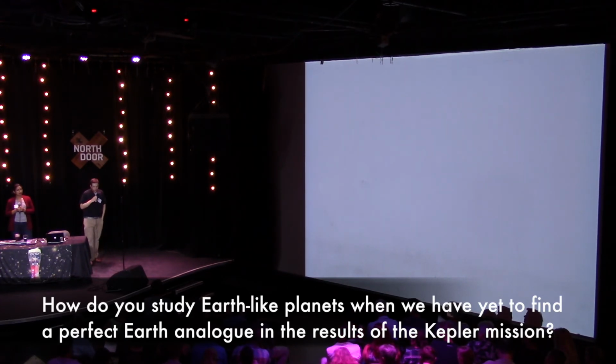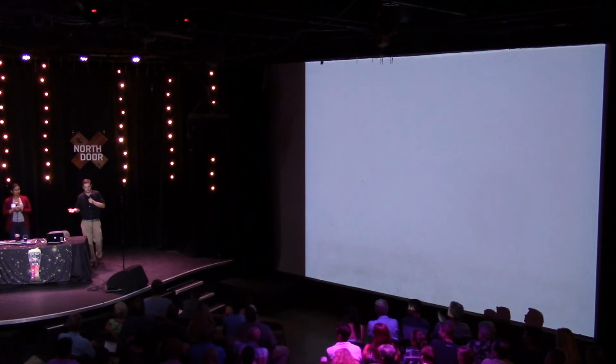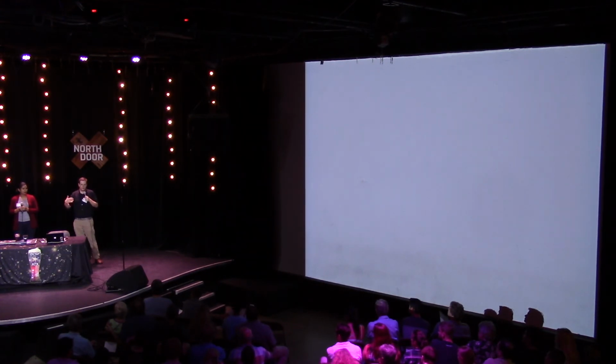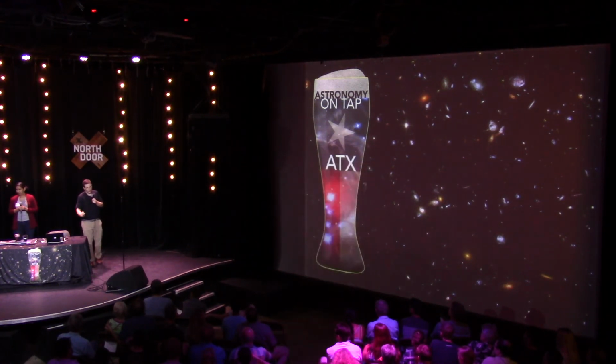Yeah, so the question is, I talked about studying the history of Earth-like planets, and how would we do that if, with all of Kepler, we actually haven't found a perfect Earth analog? So in some sense, you're taking a statistical step. What you're doing is you're looking at a number of systems that are sort of similar to Earth and looking for patterns. So while we haven't found a perfect Earth analog, a one Earth radius planet at 1 AU around a 5700 Kelvin star,